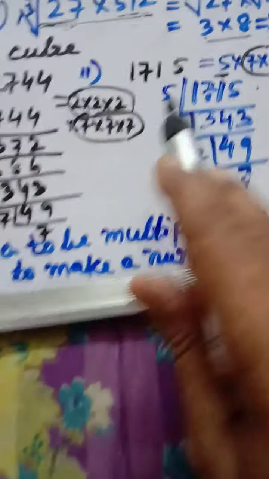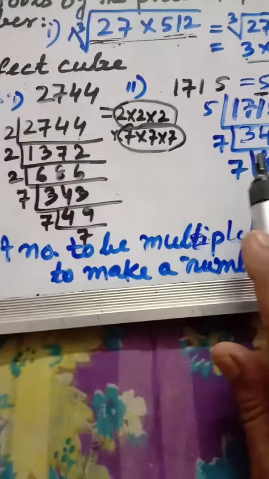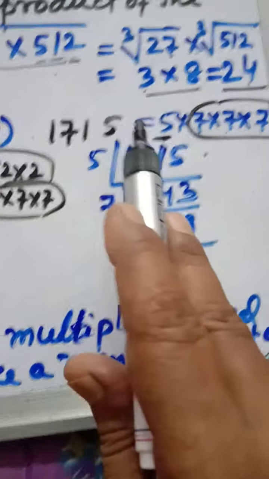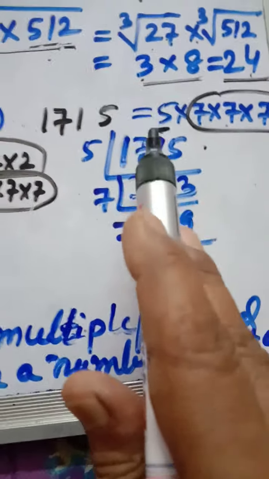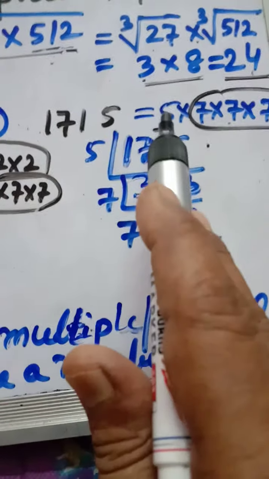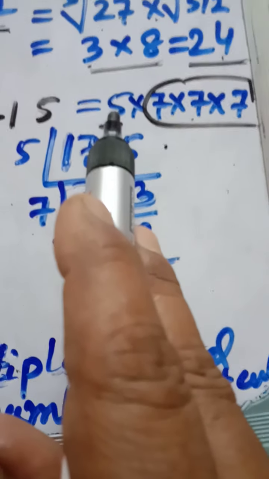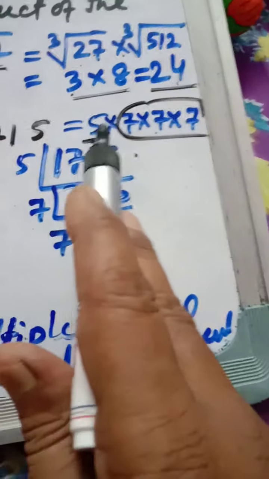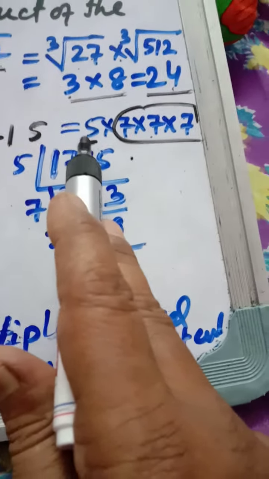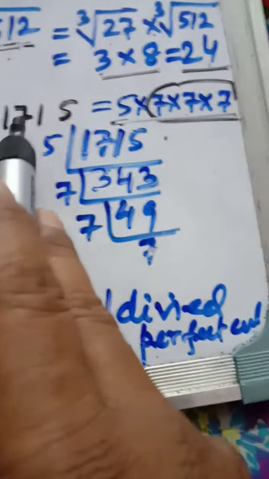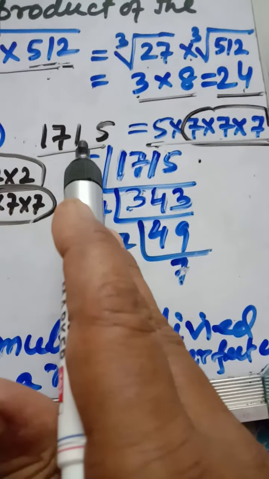Okay, fine. Then another thing related to this, you need to know how much you will multiply with this number to make it a perfect cube, the least number. Naturally, this 5 has to be multiplied again with 5 and another 5. If 5 two times would have been multiplied, then it would have been a triplet and it could have been a perfect cube. So the least number to be multiplied with this is 5 into 5, that is 25. It could have multiplied with this number so that 1715 would have been a perfect cube.